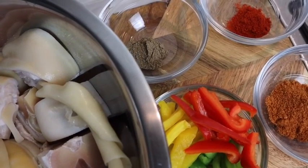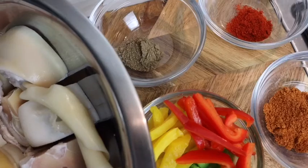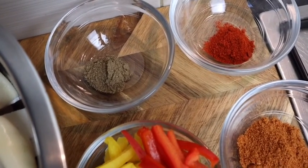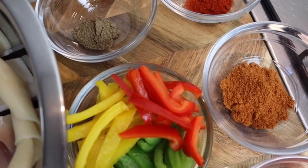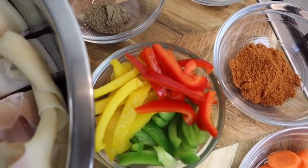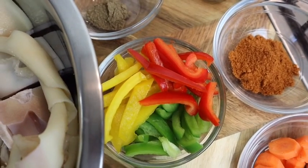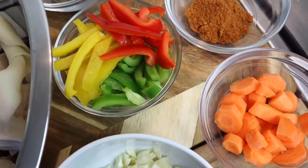I'm gonna start off with my seasoning. Here I have 1 teaspoon of black pepper, 1 teaspoon of smoked paprika, 1 tablespoon of all-purpose seasoning. I also have some bell peppers, as you can see all the colors, and I'm using half. 1 large carrot,